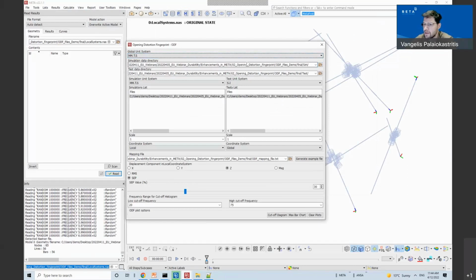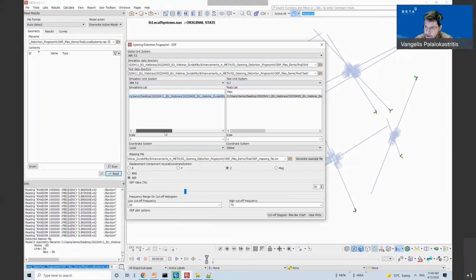So I specify the directory with my simulations. As we saw, the simulations can be FE transient analysis or multi-body dynamics analysis. I can also have UNV test data, so in this field here, I specify the test data directory. I need also to specify the unit system for the simulation and the tests.